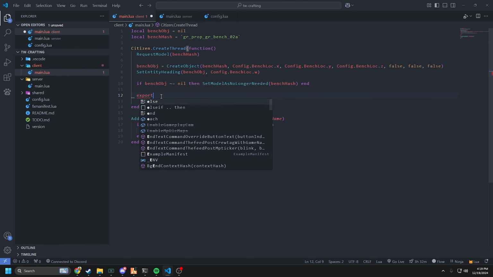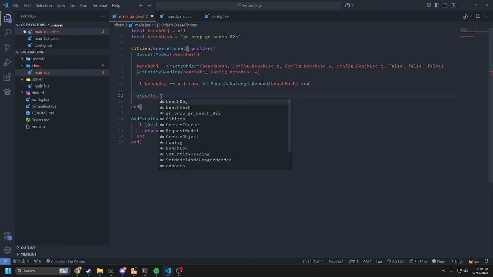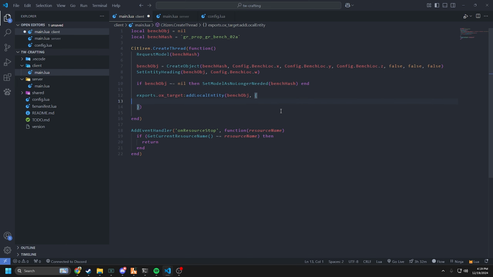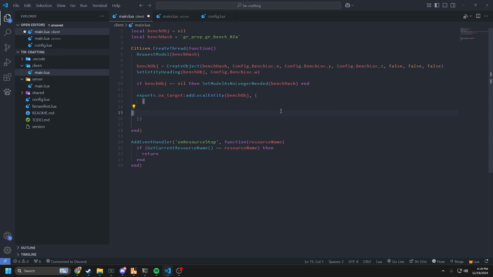So we do exports dot ox underscore target dot colon add local entity. Probably spelled it wrong, so we're just gonna copy this over. I'm dyslexic, so sometimes my spelling sucks. So we're gonna do bench object because we need to pass in an entity, and then you're gonna do curly brackets, enter twice, do it again for the options,